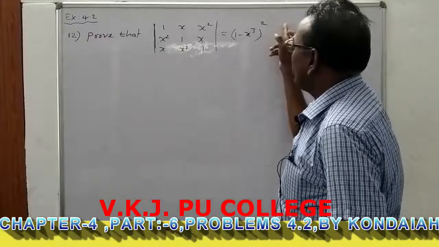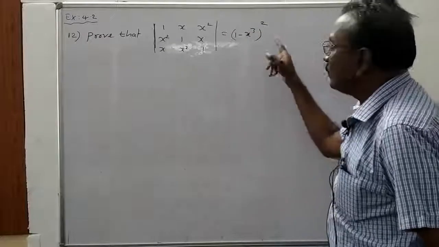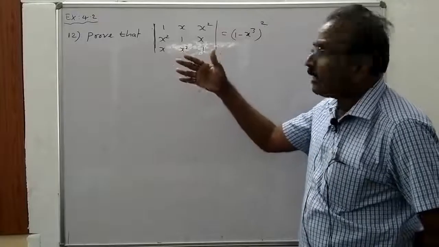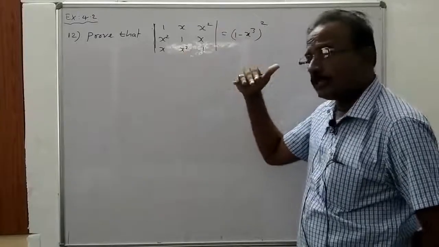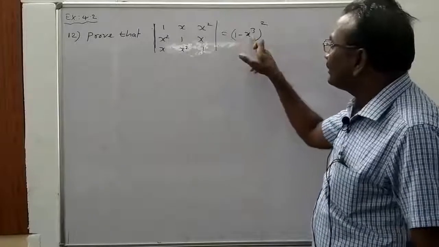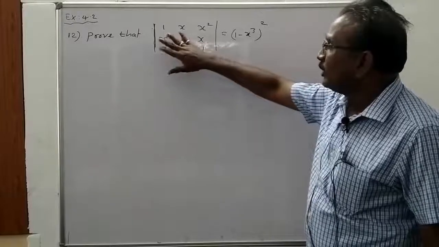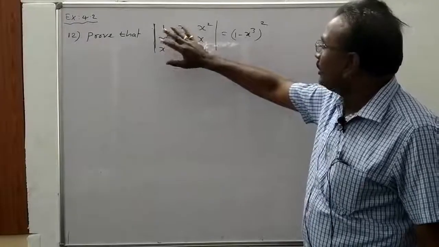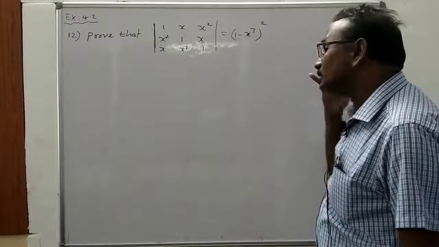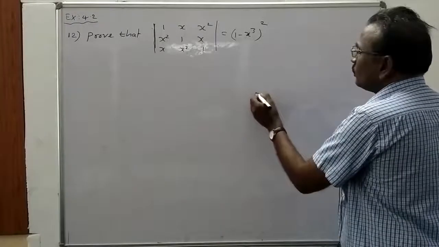x cube whole square. Here 1 minus x cube whole square means 1 minus x cube into 1 minus x cube. So when we add rows or columns or use any operations, we cannot get 1 minus x cube as the common factor, because there is no x cube in the determinant. Any element is not x cube in the determinant, so we cannot get 1 minus x cube as a common factor directly. So here 1 minus x cube